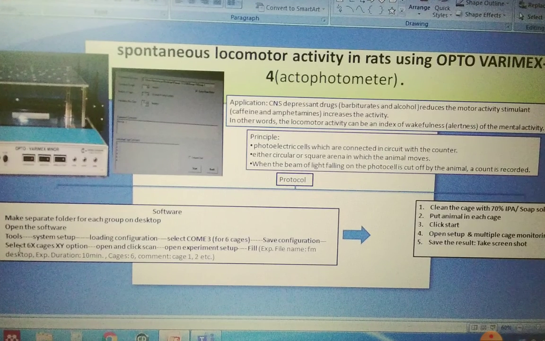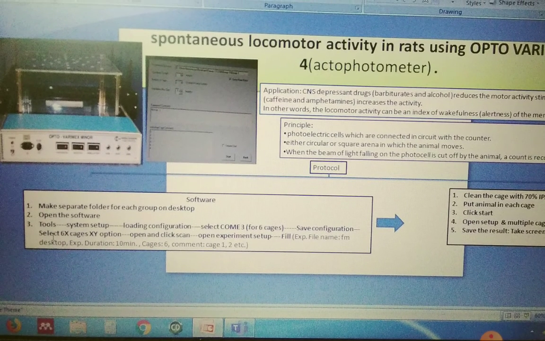First is the experimental file name, which you can take from the desktop. Second is the experiment duration, so this test is performed for 10 minutes. Then cages, there are 6 cages. Comment, you can comment like number of cages or number of animal groups as per your convenience.